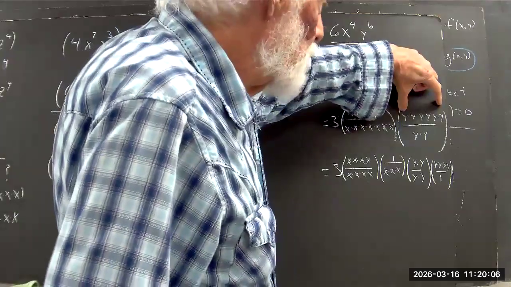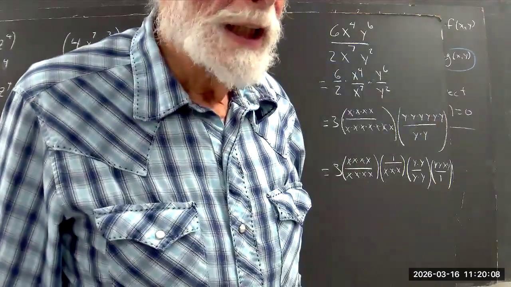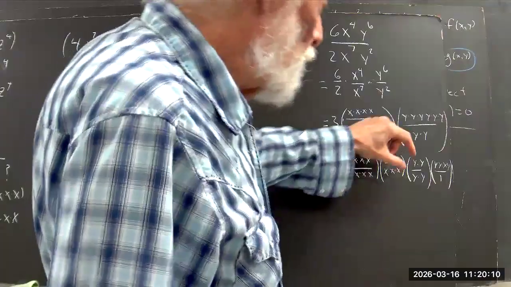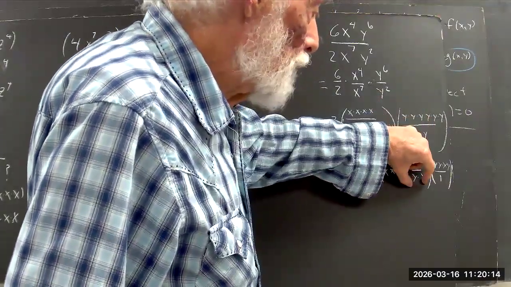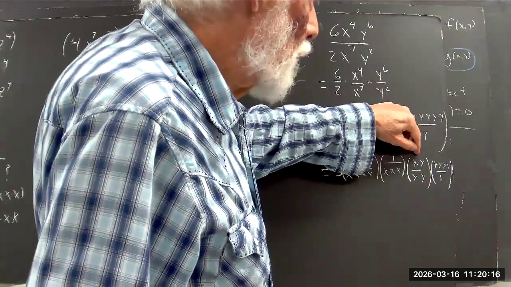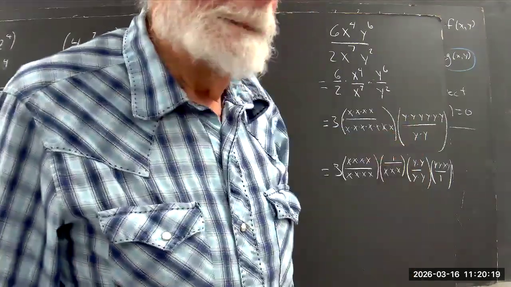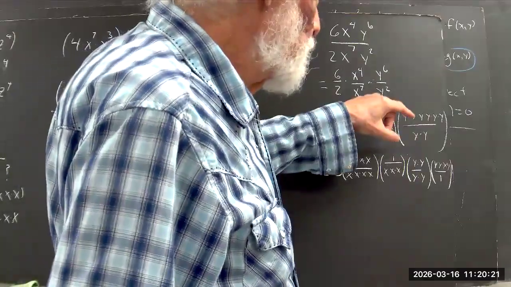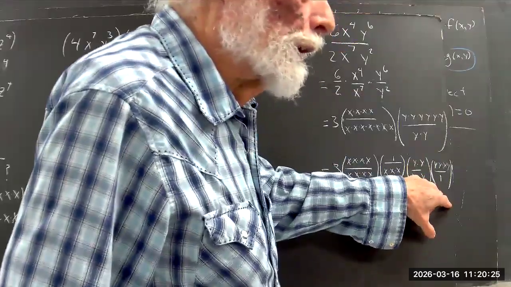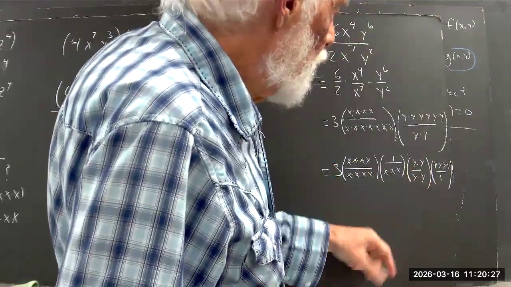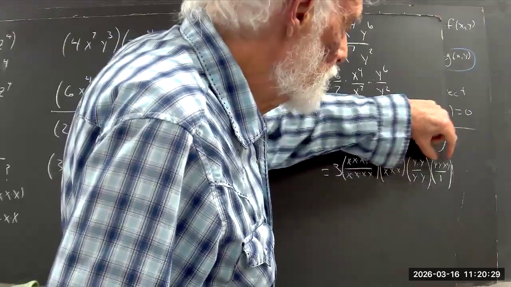I've got 6 y's in the numerator, 2 y's in the denominator. Now I take 2 of the y's in the numerator and 2 of the y's in the denominator, which gives me y times y over y times y. That leaves me 4 y's in the numerator, and I'll need a 1 in the denominator. So I can see that if I multiply these fractions,